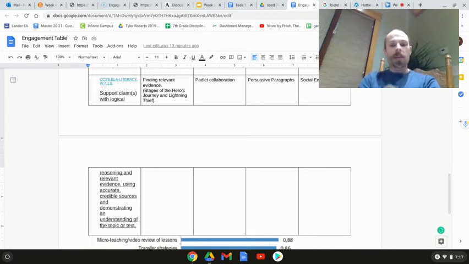And I've been using Padlet to have students source evidence of the different stages from the book, and then using evidence from the Padlet, having them write persuasive paragraphs arguing that certain parts of the text are a certain stage of the hero's journey. And that's also very socially engaging because they can say, hey, I used your evidence, or hey, use my evidence, and they know that their peers are going to see what they contribute.